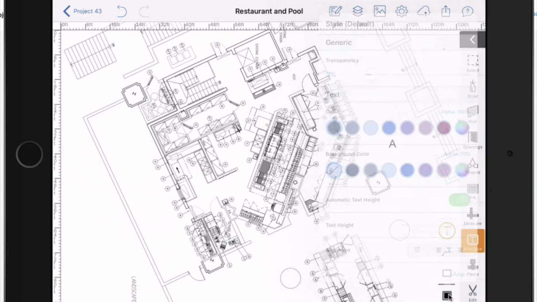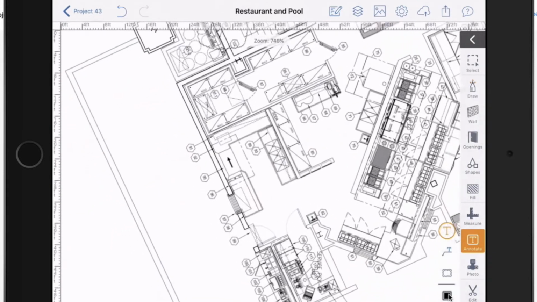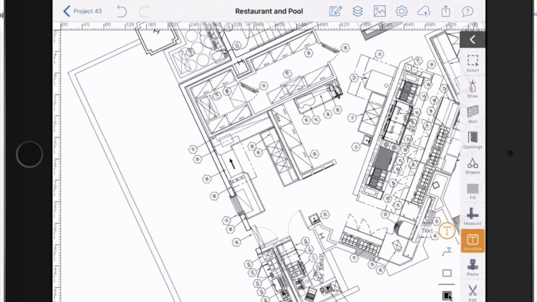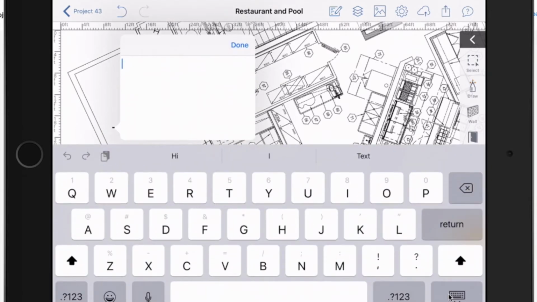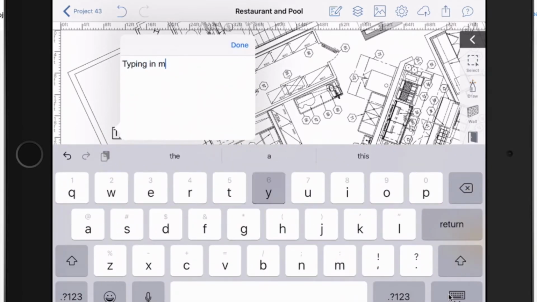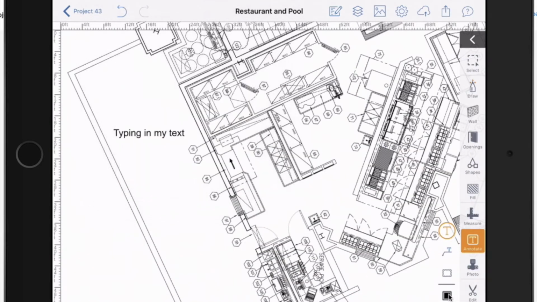So let's go ahead and get started. I'm going to pick this top option. It's called text block or text. If I tap on the screen, I can start typing. What happens is it'll just continue to grow in that one direction,